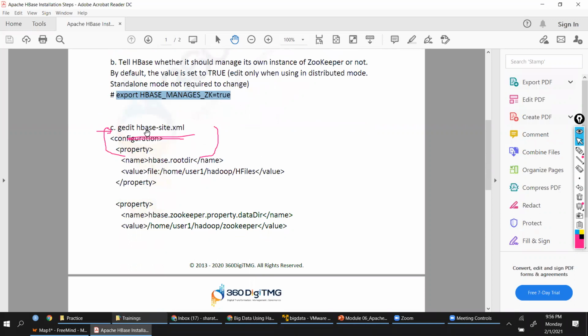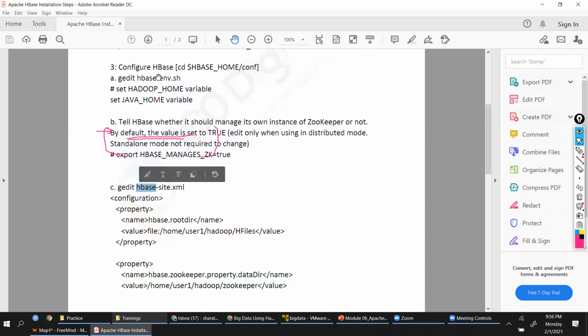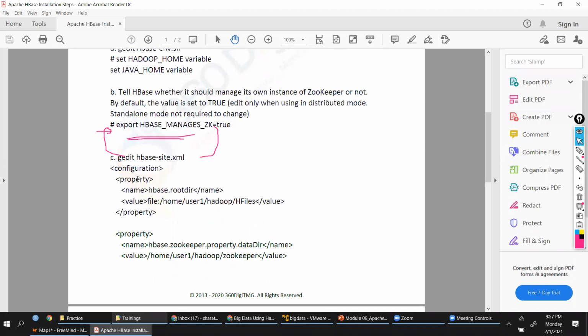Next, we come to the configuration file. This is the environment file, HBase-env. Now this is HBase-site.xml. This is the configuration file. You can just copy and paste this content into your HBase configuration file, and make sure you're giving the right location here.